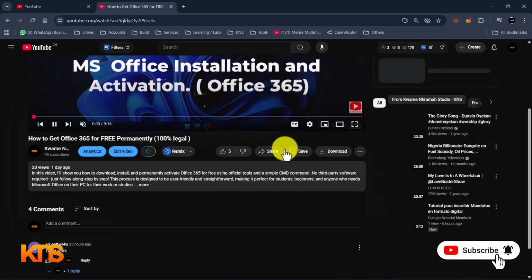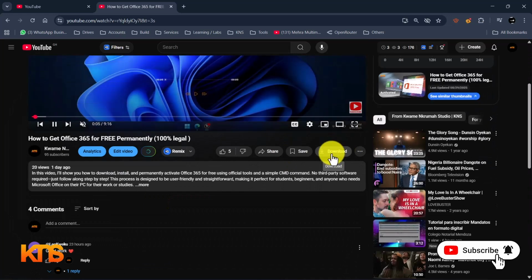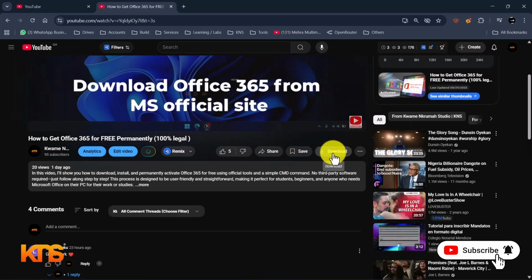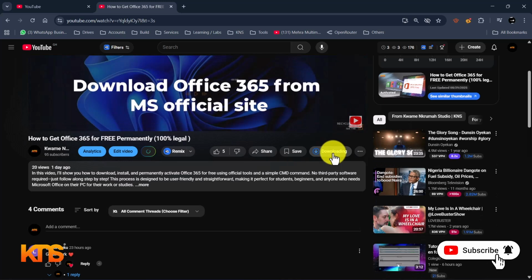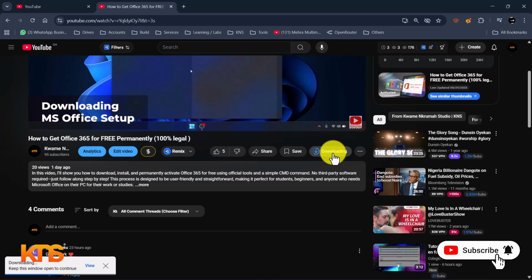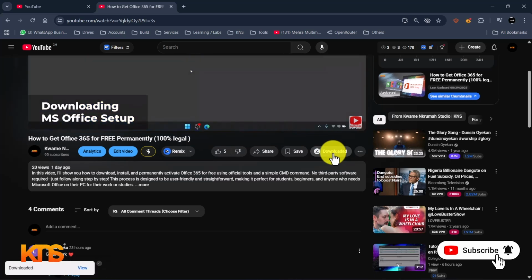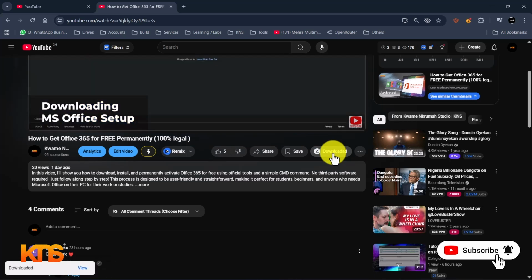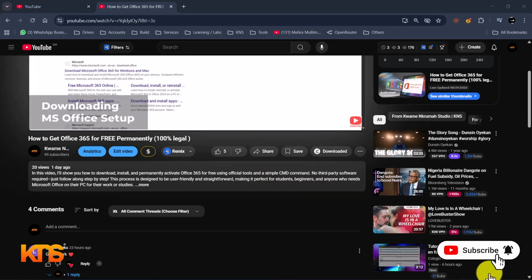When you click on it, you see the download button here. After seeing the download button, you click on it. On your first time, it will give you an option to decide whether you want to download 480 pixel quality or any other version. But if you are not using premium, you have to download the 480, which is the best quality you can get. So after downloading, you can go offline